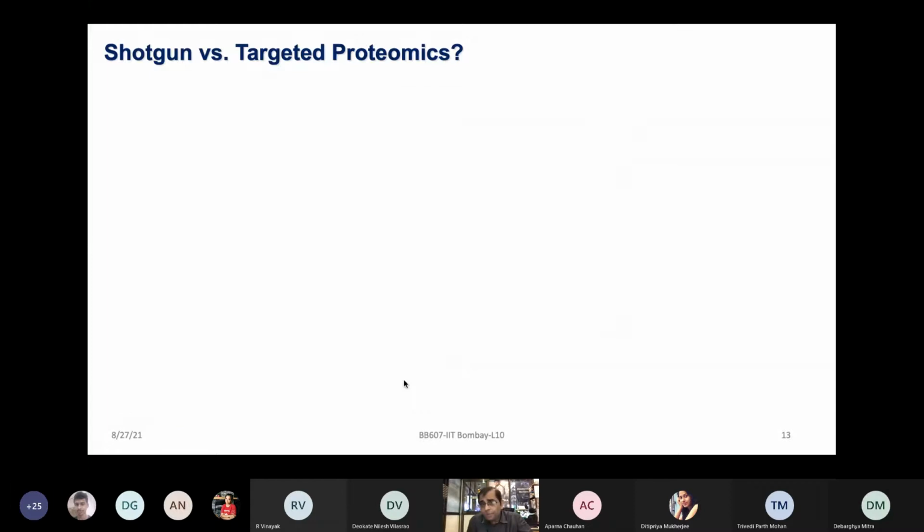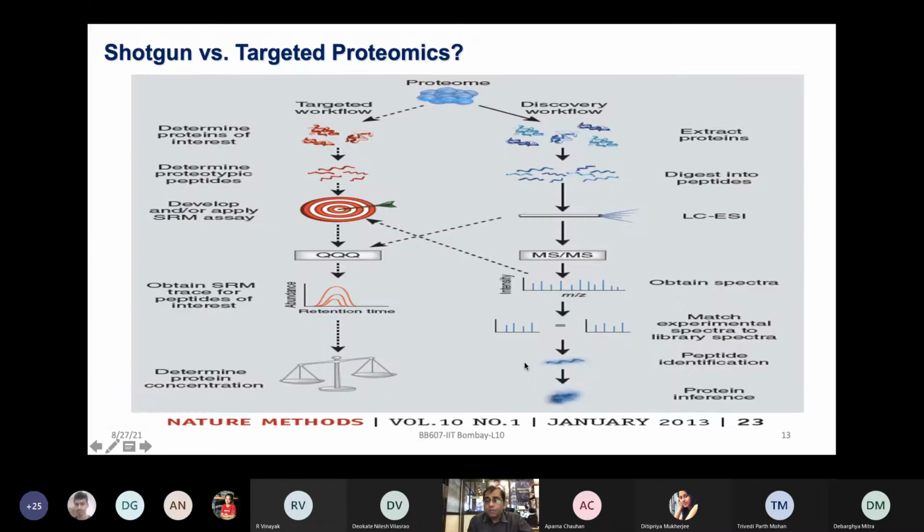So just to refresh what we have discussed so far, one workflow we discussed was the discovery workflow using label-free quantification primarily, or it could even be label-based quantification. And now what we are introducing is the targeted workflow. For these two, pretty much the same sample can be used. You take the proteome from, let's say, a tissue sample, which has 5,000 proteins. You digest that with an enzyme like trypsin, and after digestion, you get so many peptides.